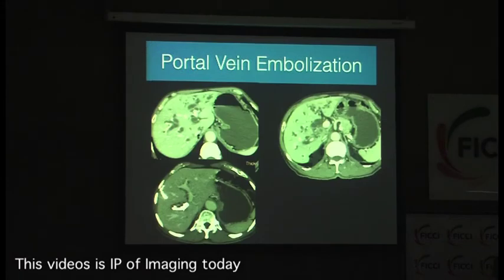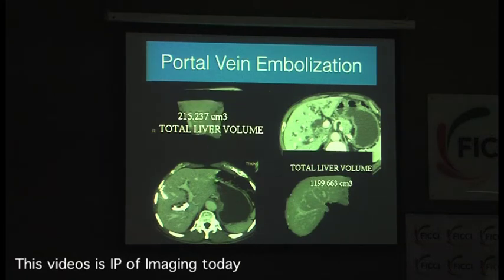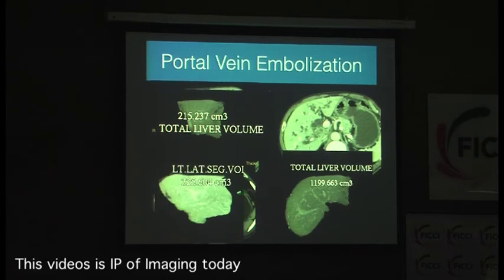So that's a patient who is planned for extended right, and that is where the portal vein embolization has taken place. You can see the left portal vein is there, the right portal vein is full of this material with an Amplatz vascular plug. So total liver volume was 1199 at that time. Pre-embolization was 215, post-embolization is 325, right? So now this patient can be taken up for a liver resection because the lateral segmental volume has grown enough so that the patient may survive.